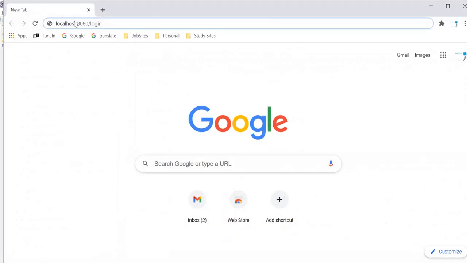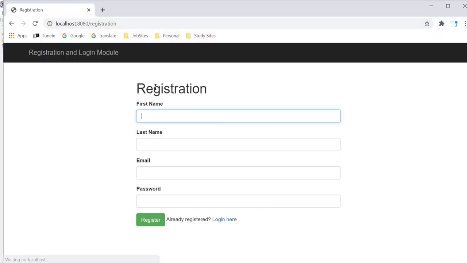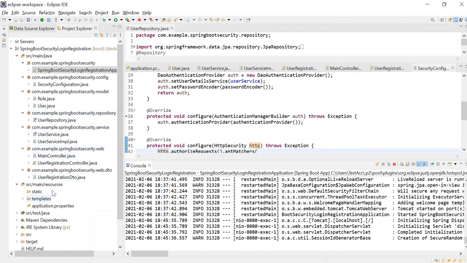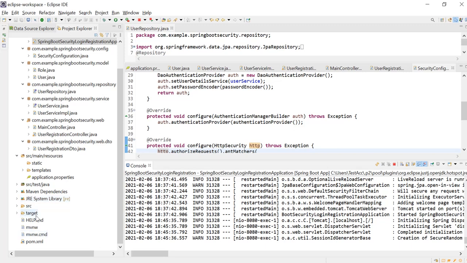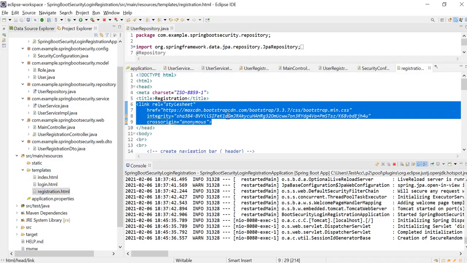Now I'm going to open localhost:8080/registration. Yes. So this registration module and login module is a Spring module. I'm accessing the Spring module. It is not actually a custom login page. Here I have used the Bootstrap stylesheet.